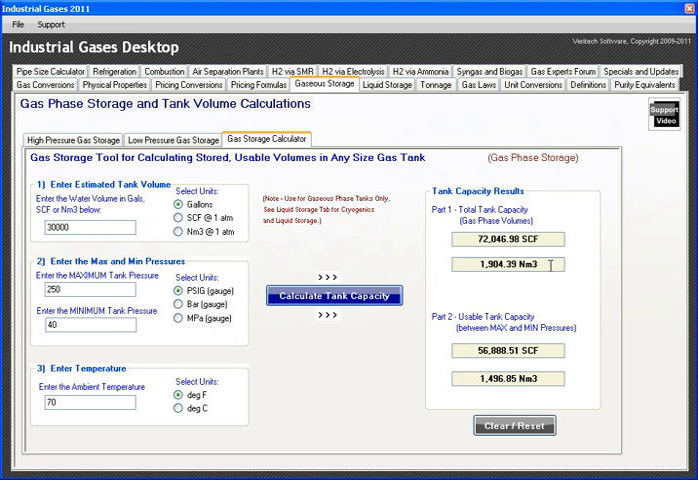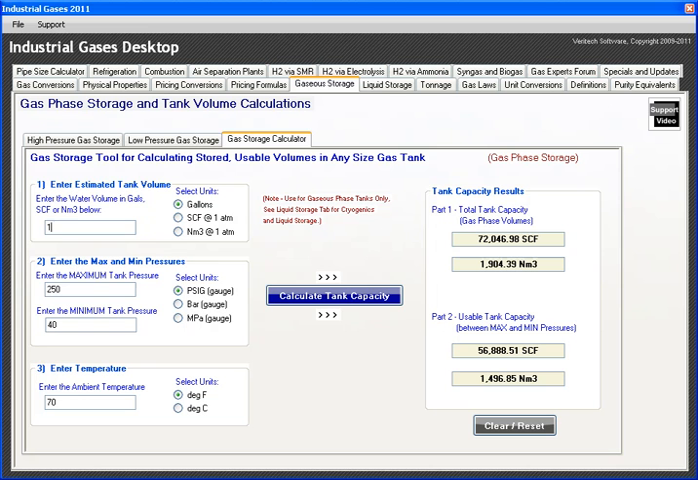The total tank capacity shown here in part 1 from 250 pounds to 0 is about 72,000 cubic feet. But usable tank capacity, that's what I want to know. I want to know how much gas can I use from this tank. Usable tank capacity is 56,888 standard cubic feet. So that's it, and now I know how much usable capacity I have from that 30,000